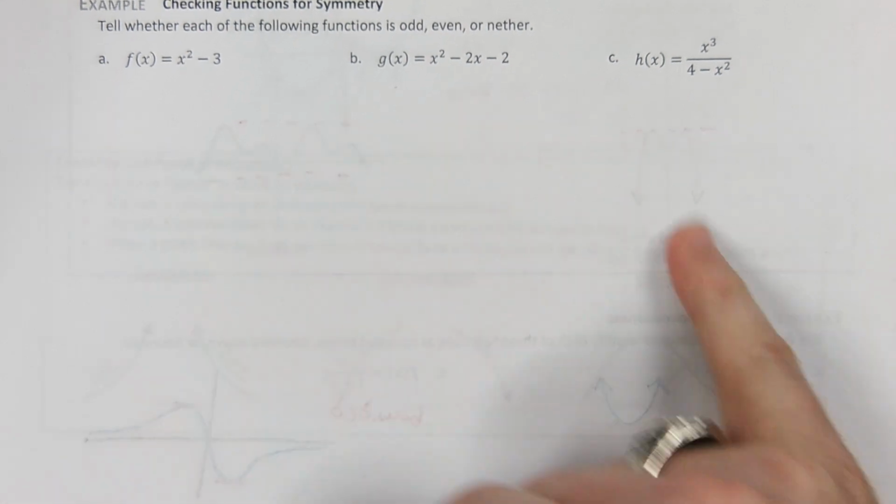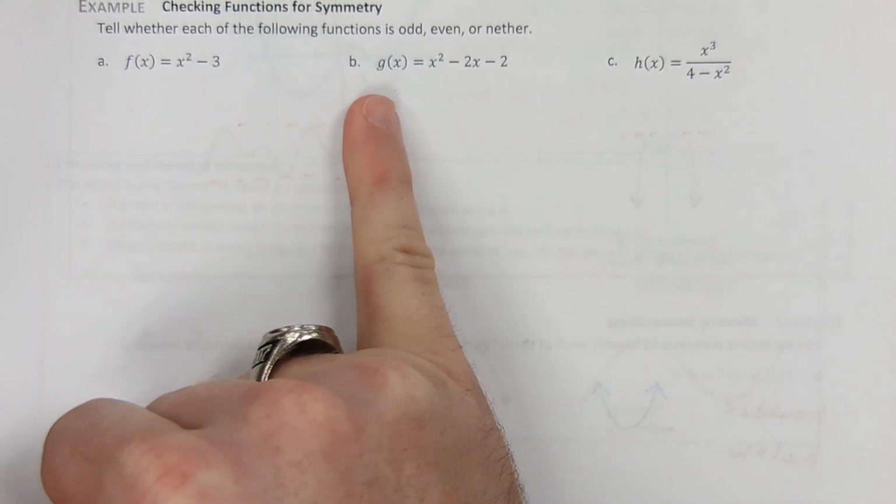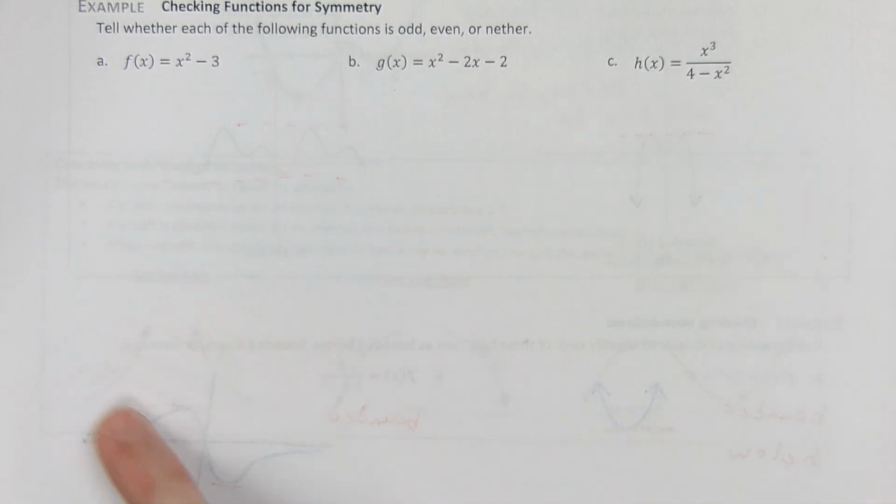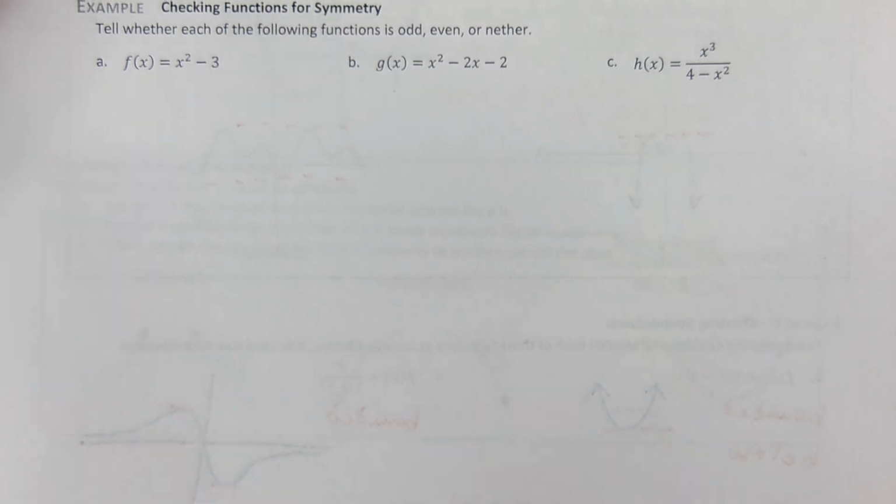I left a lot of space down here. I'm going to do A here, B here, and then I'll do C down here, just for space purposes, so I can write large enough. I told you that both tests require you to substitute. Replace your x with something. Please, every time you substitute, please, please, please use parentheses. I'm trying to set you up for success for